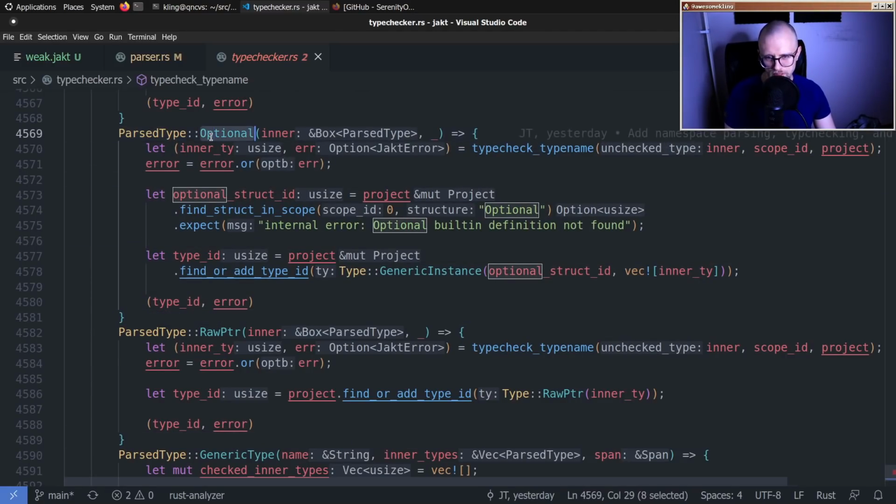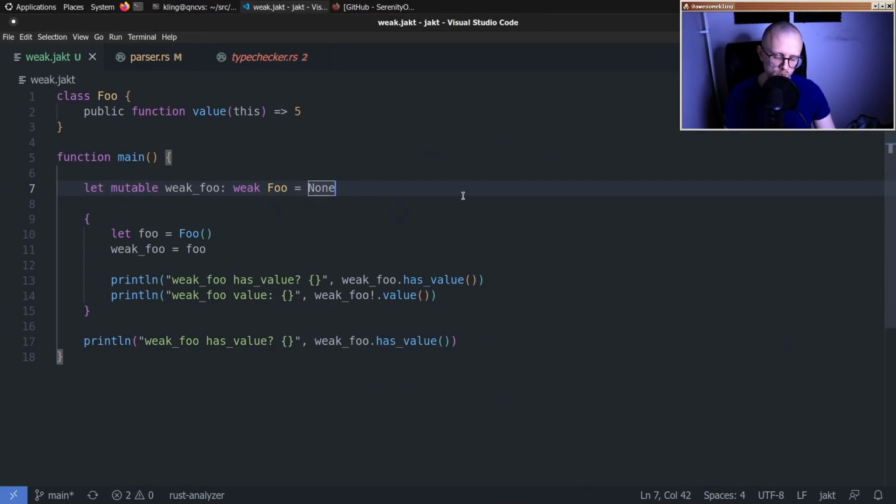Although, in my thinking, weak pointers have more in common with optionals than with raw pointers, because it's essentially like an optional, just that it has this magic behavior where if the thing that you're pointing to goes away, then the weak pointer clears. But from the outside API perspective, I kind of want it to behave just like an